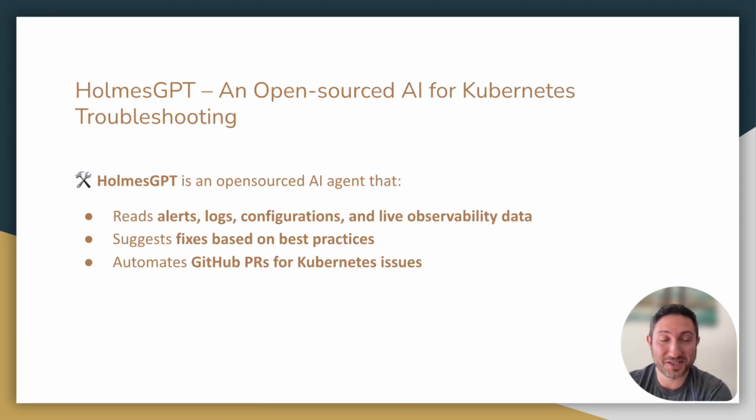So introducing HolmesGPT. It's an open source AI agent for Kubernetes troubleshooting. You can run it locally in your terminal, or you can run it in your cluster itself. It can do practically everything that a platform engineer can do. It can go off and run kubectl commands. It can investigate third-party resources, traces, logs. If everything's not in your cluster, if you have something like databases and stuff like that, RDS, it can go off and query that. But the benefit of this is, instead of you having to go off and open 50 different